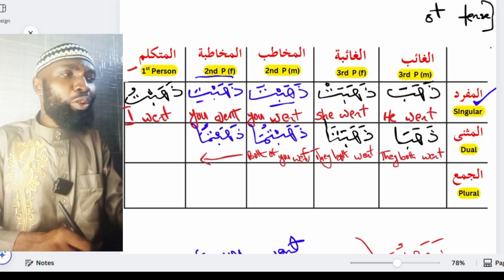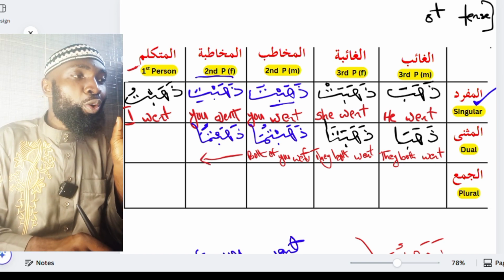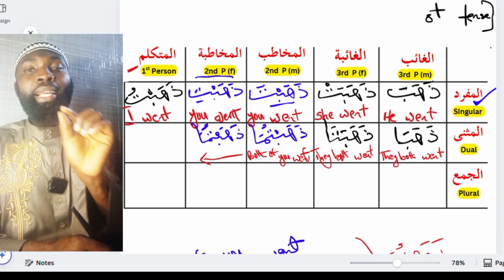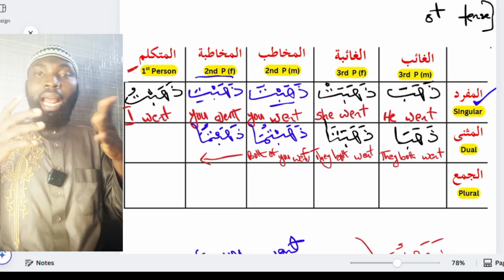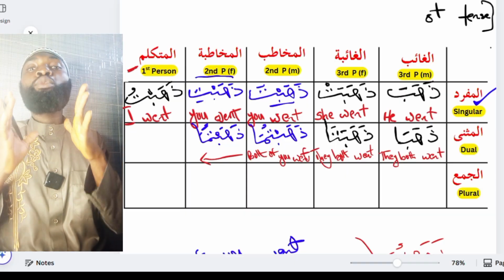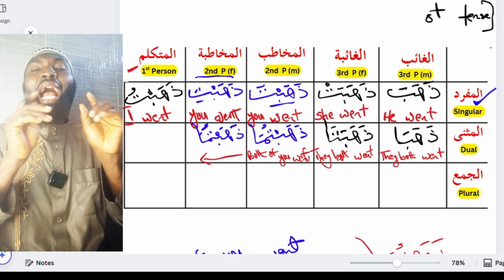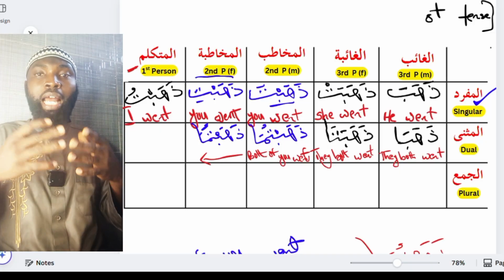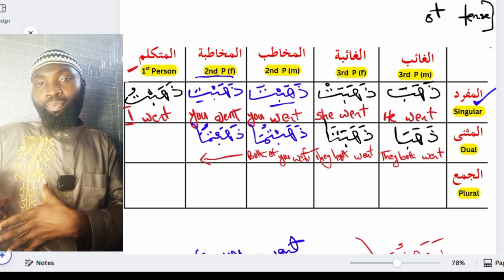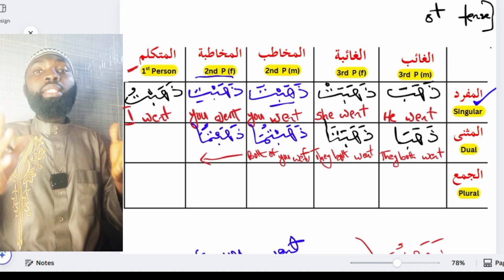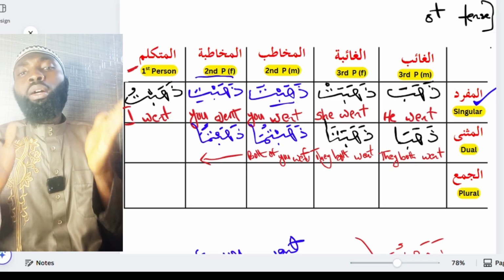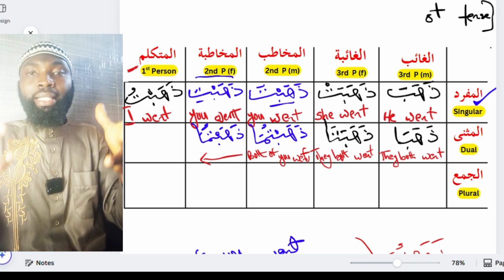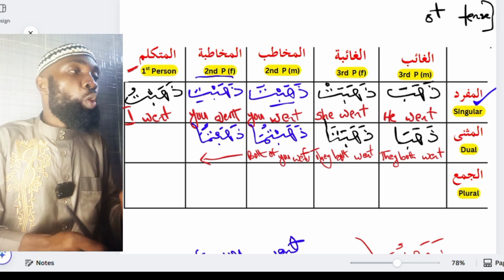Good. Now coming to the last row, which is the row of al-mutakallimu, the speaker. When I was the speaker, I said dhahabtu, I went. Now we are two, myself and my partner here, Hamza. We are two boys, or even two girls, the same word. We want to say that we both went, two of us went. The word to be used will be